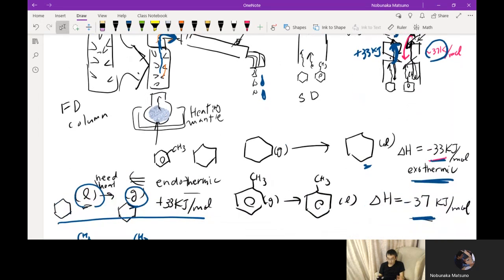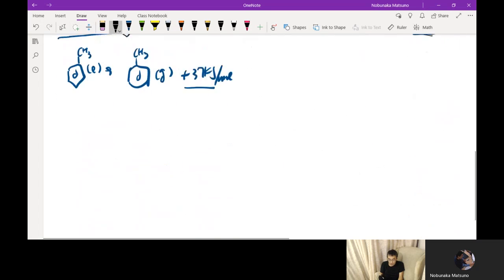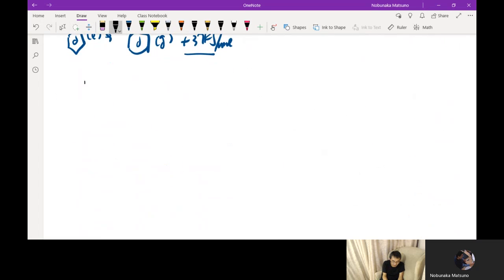So how do we test it? Well, for testing, you use something called refractive index. How do we use it? The refractive index for toluene is roughly about 1.497 or so, and cyclohexane is like 1.4465 or so. So let's say the mixture